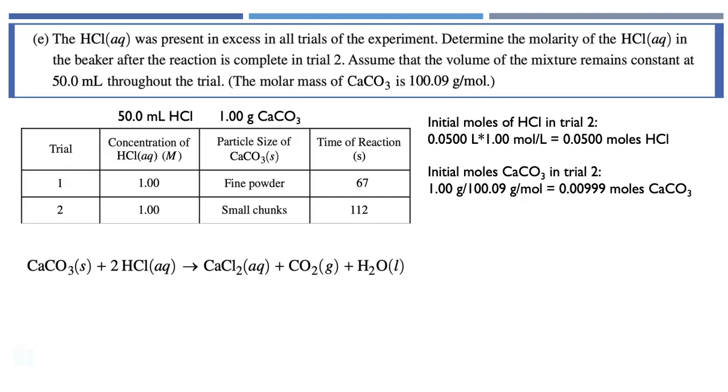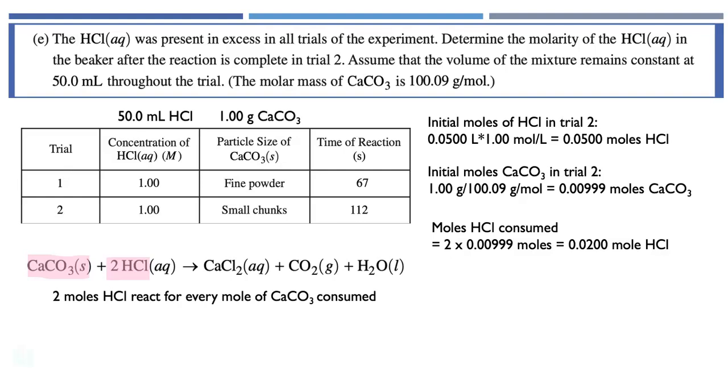so just about 0.01 moles. Looking at the balanced equation, it's pretty apparent that we've got a 1 to 2 mole ratio. For every mole of calcium carbonate that reacts, 2 moles of hydrochloric acid are going to be consumed. That 1 to 2 ratio is really important. So I can use that to calculate the moles of hydrochloric acid. It's twice the number of moles of calcium carbonate that I added, or 0.0200 moles of HCl. Since I had 0.05 moles initially, and I reacted 0.02 moles, I'm going to have excess 0.0300 moles of hydrochloric